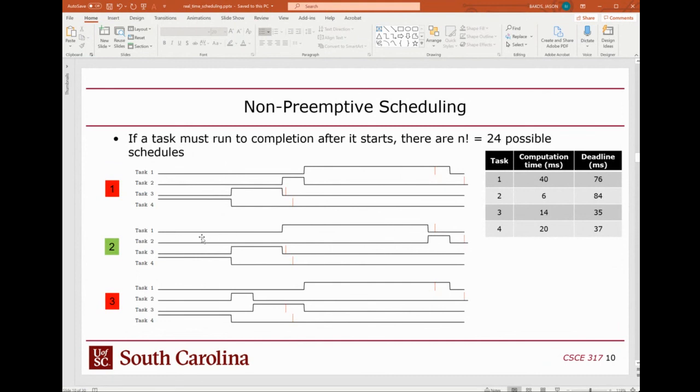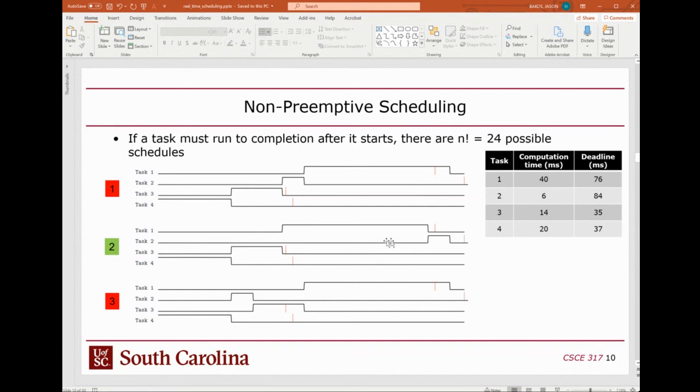the deadline. So let's look at an example of where we meet the deadline. If you look at the tasks, I have these little red lines indicating where the deadline is. Task 4 was run first, and then task 3 was run second, and task 3 just barely made its deadline. You can see that it went from running to asleep right before its deadline, shown by the red line there. And then task 1 was run third, and it met its deadline, and then task 2 was run fourth, and